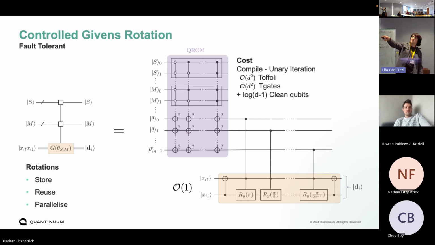And those fire depending on whether, so each one of these is a rotation. So if this is 1, 1, 1, all of these rotations will fire and we'll get almost a full circle. And what this means is you only have to do order 1 constant depth Givens rotation at the expense of storing the QROM rotations in a unary iteration compiled